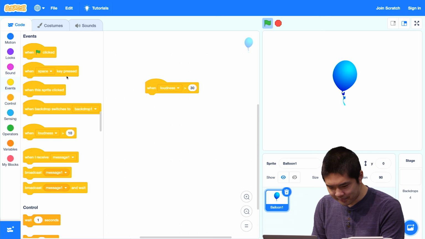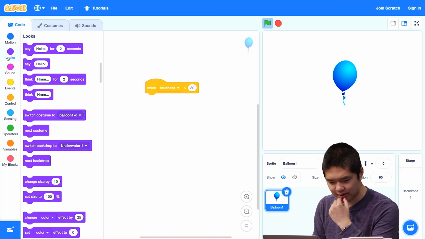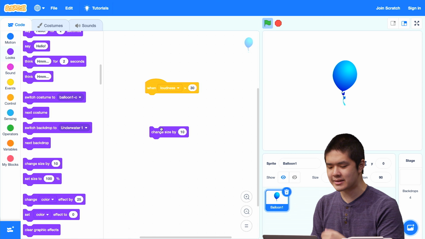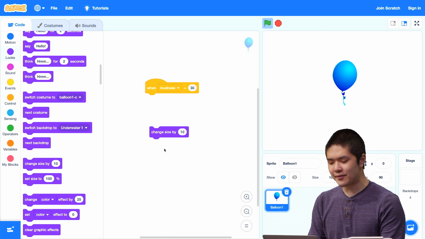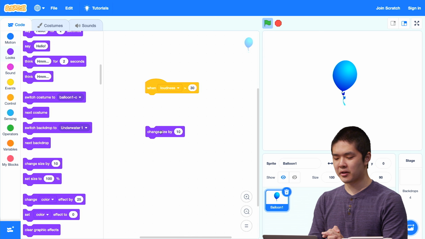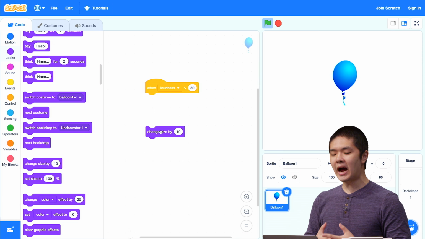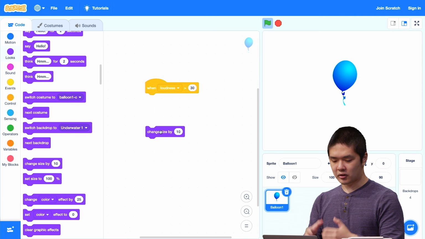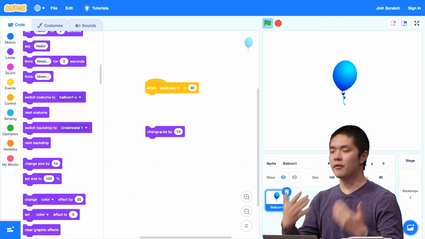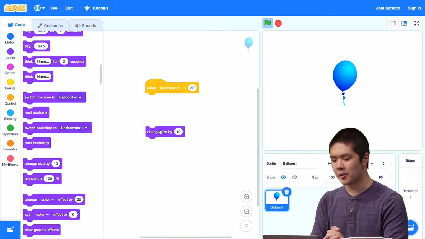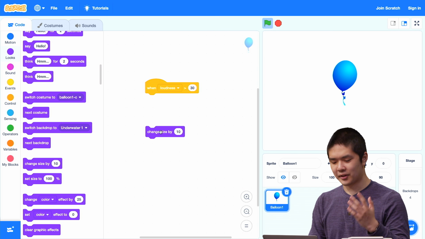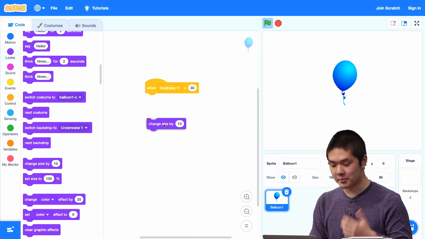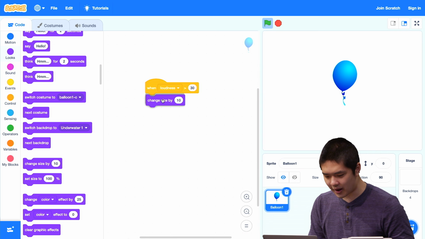And what I'm going to do is when the loudness gets above 30, let's go to looks and change the size by 10. We're going to increase the size of the balloon by 10. And I haven't connected them yet because I don't want this code to start running just yet. But once I connect it, what's going to happen is that whenever Scratch detects that the loudness has gone above 30, and I might have to play around with that number a little bit, then the size of the balloon is going to change by 10. And so this lets me have a little bit of fun. I can try and blow up the balloon, for example. I'll connect these two blocks, and